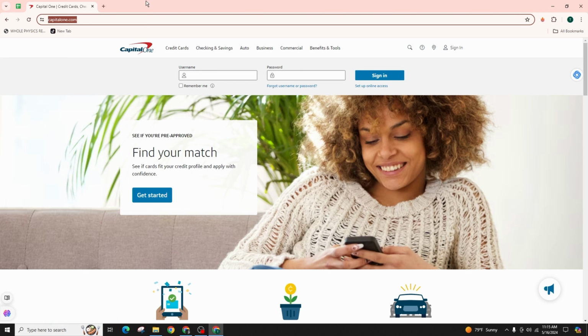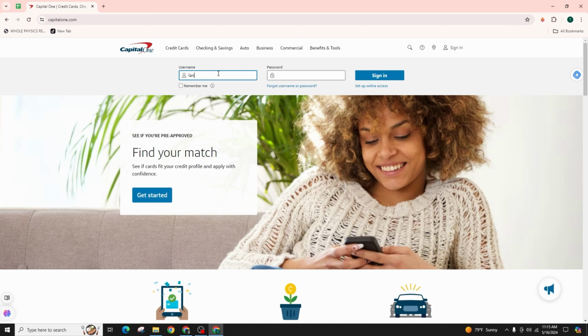Then after, you will be directed to the official login page of capitalone.com. You will be directed to the official homepage of Capital One. You have to log in from here. Type in the username first, and after you do that, enter the correct form of your password. And if you'd like this device or the system to remember your password, you can check on this option of